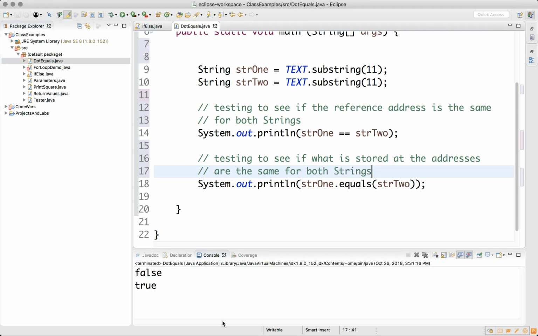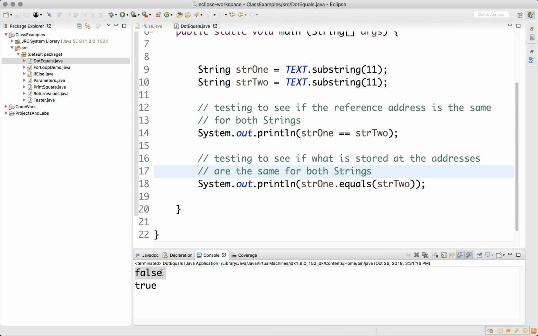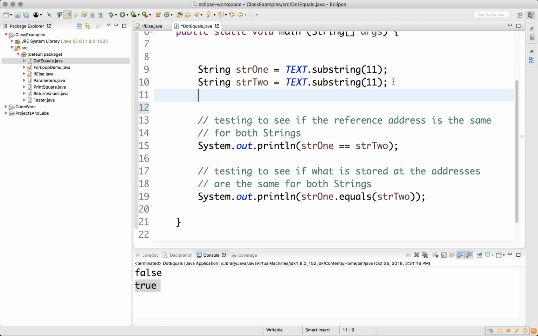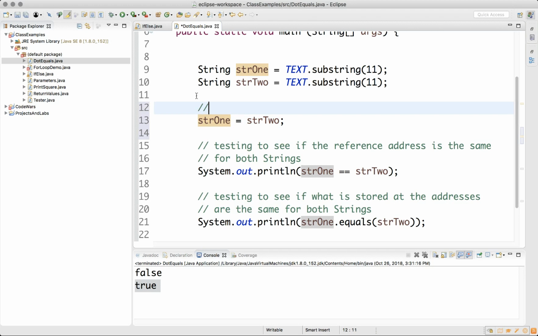So again, I'll run it again just to show you it's still the same thing. False, so this is saying that the address is different. True, though, is saying that the contents are the same. So one kind of neat way I could play with that and just kind of show you is what if I did something like this, str1 equals str2. That line of code, in theory, should change the address that is stored in string 1